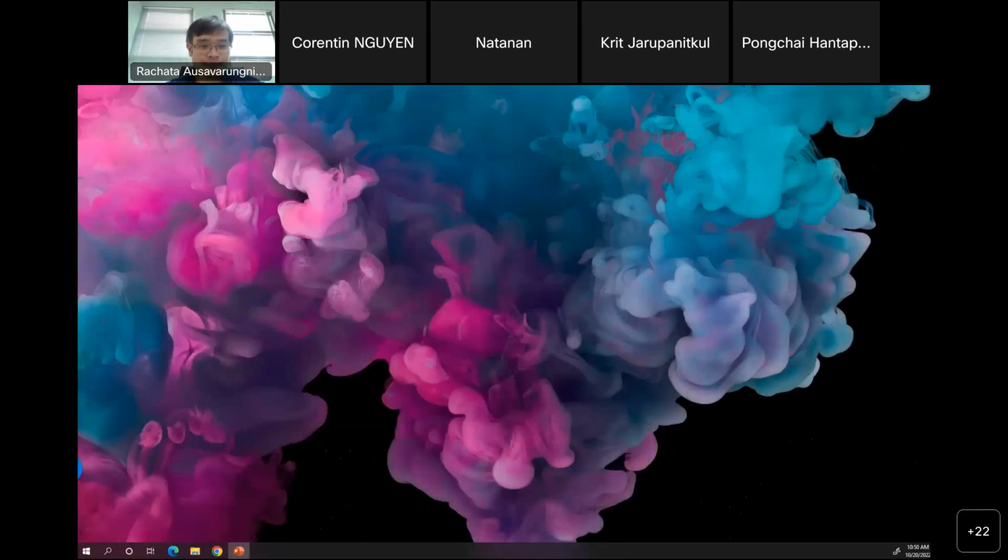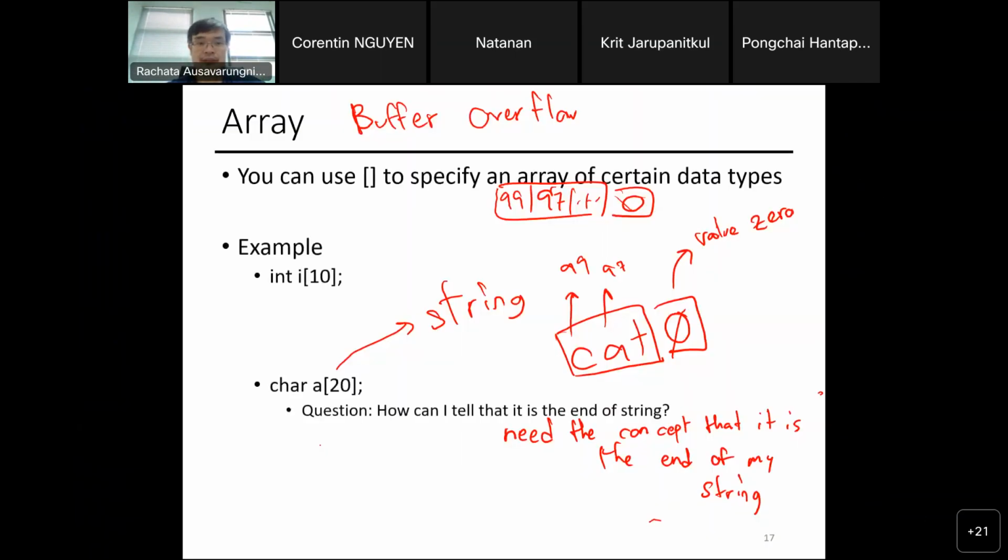Some people use buffer overflow to hack into some sort of system. Yes, in the computer security world, buffer overflow is a classic attack that you can do.